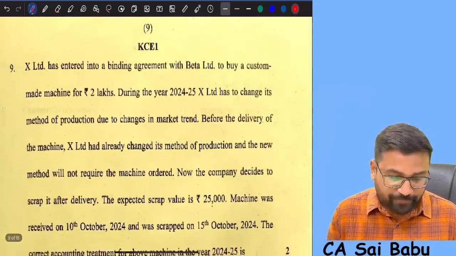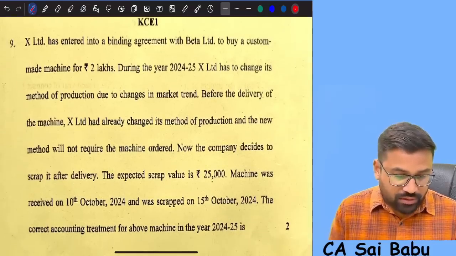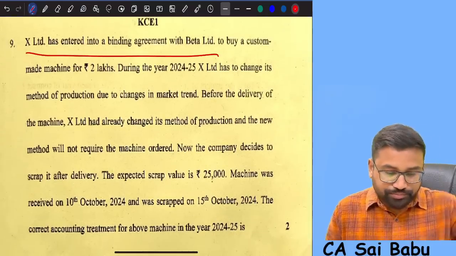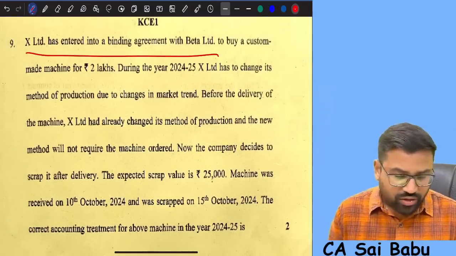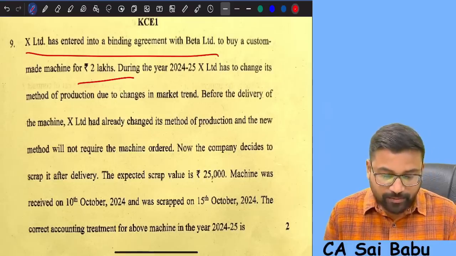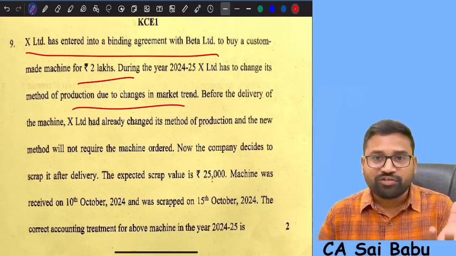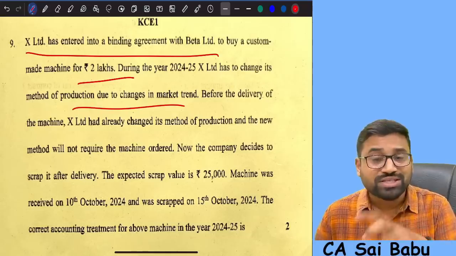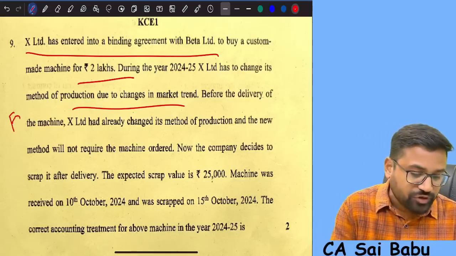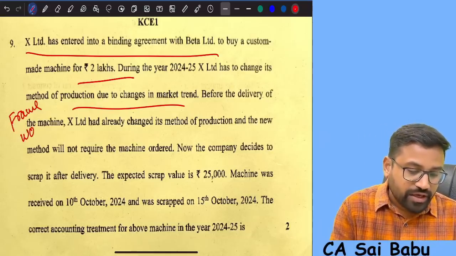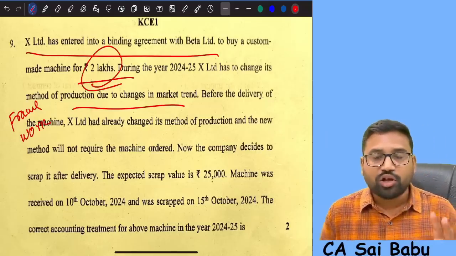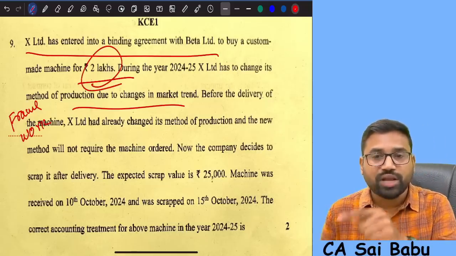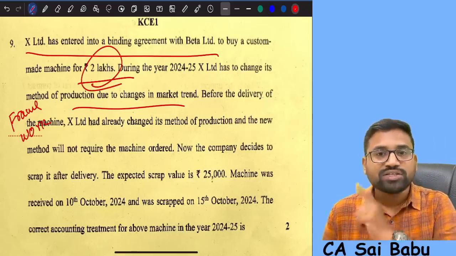So 2.35. Next. So there is a question relating to, see, this company entered a contract to buy a machinery for 2 lakhs, sir. Later on they changed the method of production. So therefore this machinery is no more useful. So what we have done, a similar question is there in the framework chapter. If you see, this question is there. Entire 2 lakhs will be loss, sir. Loss on change of method of production account debited to machinery account, and this loss will be debited to P&L